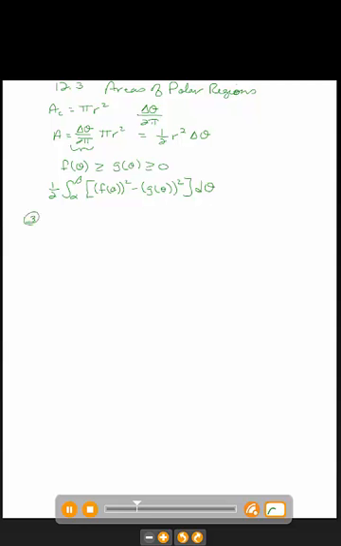So in example 3, they want us to find the area of the polar region, the area of the four-leaf rose. And we know this is a four-leaf rose because the 2 right here indicates that there are 2 times 2 petals. So there'll be 4 petals on this. The easiest thing to do would be to figure out the area of one petal and then times it by 4. Or if you graph this